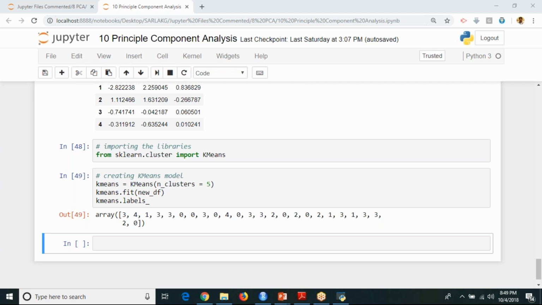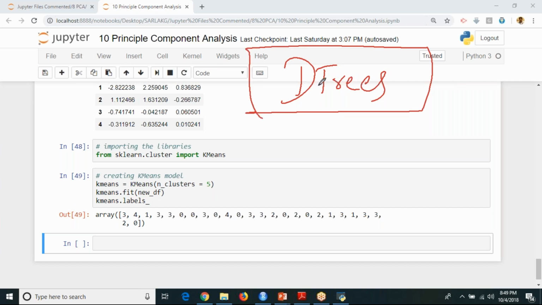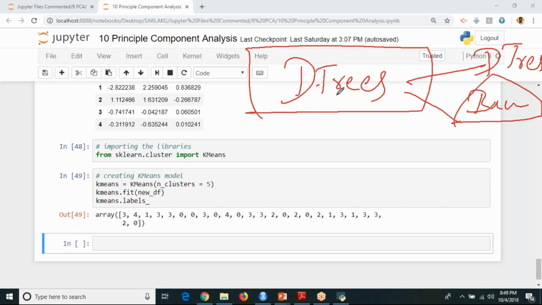One more thing for this weekend, try to refresh your college days decision trees. If you have studied decision trees in college, spend some 1 hour or 15 to 20 minutes this weekend. Try to recall what decision trees are, and this will help you when I take decision trees. It is a very important topic when it comes to the banking industry. Almost all the banks use the decision trees algorithm and also the logistic regression algorithm. And this is also called your classification algorithm.